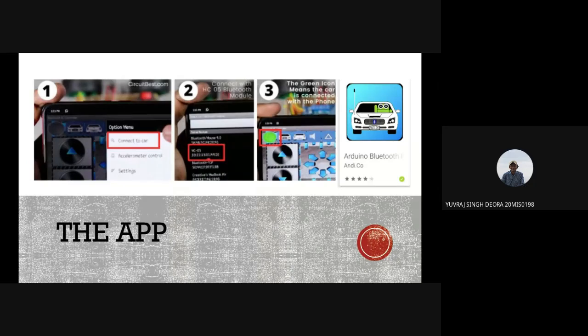In my case, I have changed my Bluetooth module name to my name. When it is finally connected, this green symbol will appear, which means your car is ready to ride. So let's see the full video of the working demonstration of my project.